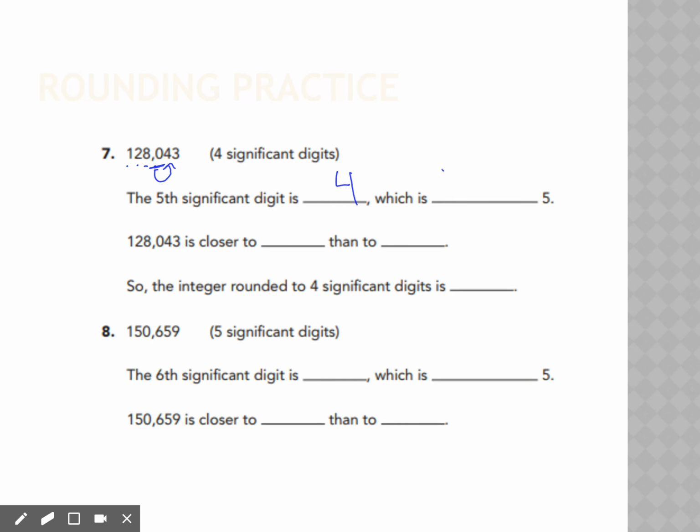4 is less than 5. So as I said, 4 or less, let it rest. We're leaving that 0 alone because our fifth digit is a 4, and then everything else to the right of it will be a 0. So what we're saying is